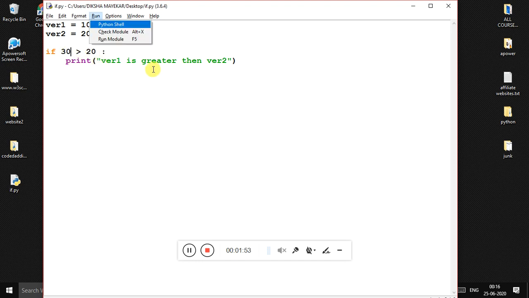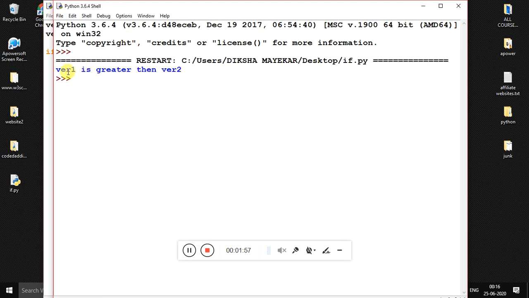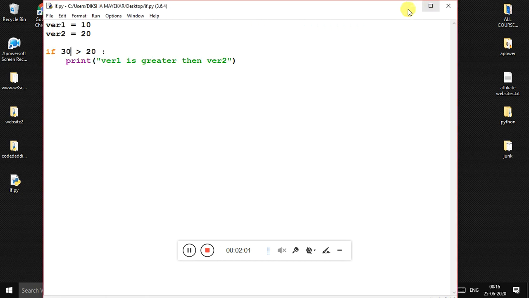Okay, so if I'm just saving and running this, it is saying variable 1 is greater than variable 2. So basically this is the print statement. Okay, so now I will say variable 1 is variable 2. Okay, so now if I'm just changing this operator to this less than sign,